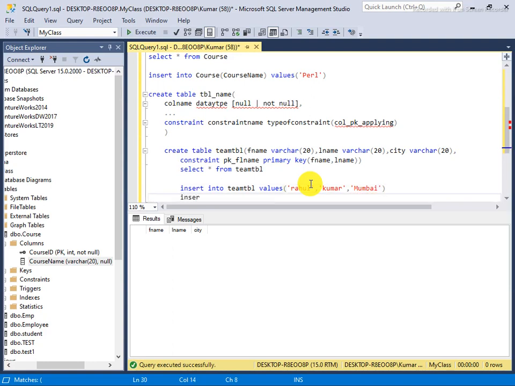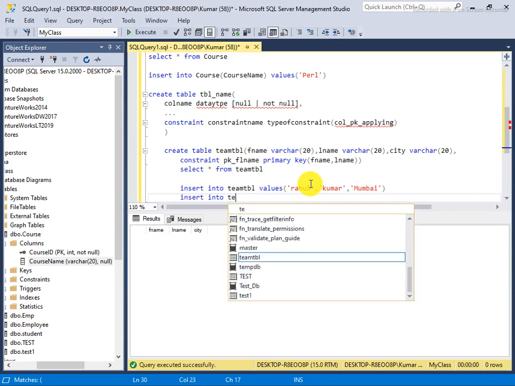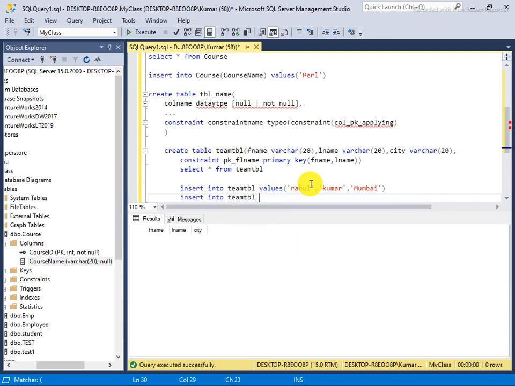Again I say insert into team TBL values Manish Kumar, and city again Mumbai.